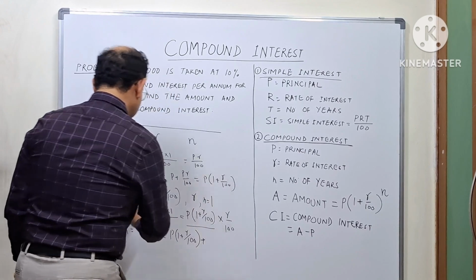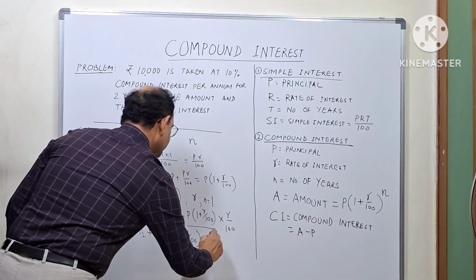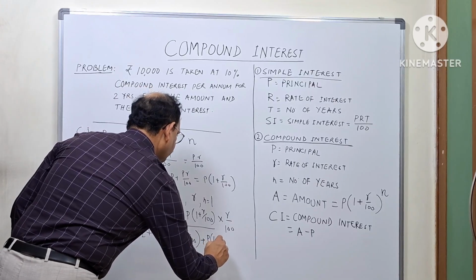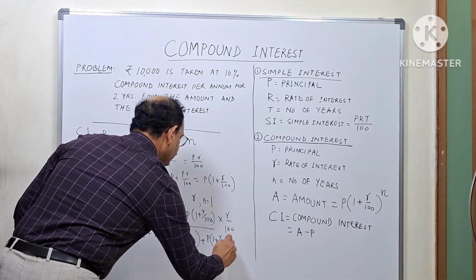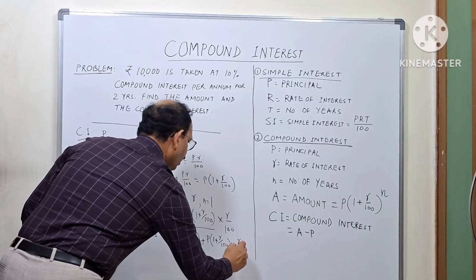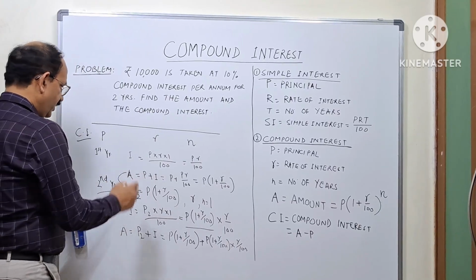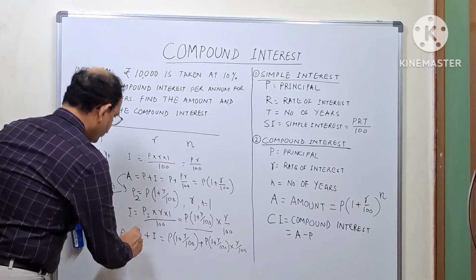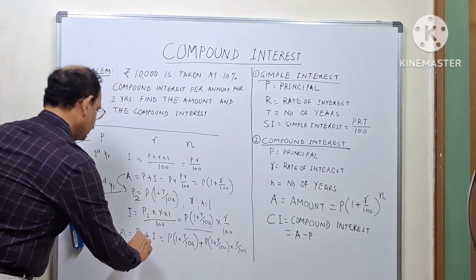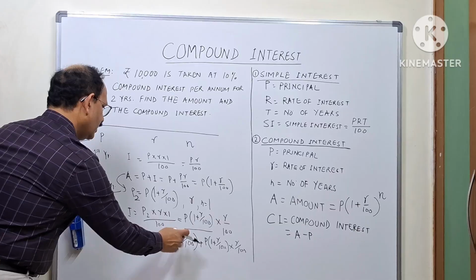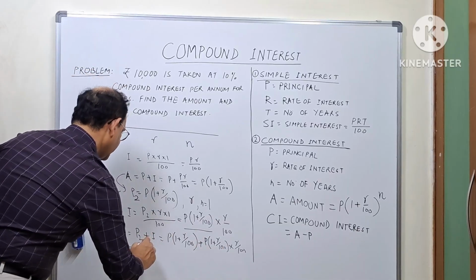Plus what is my interest earned in the second year? That is P under bracket 1 plus R by 100 multiplied by R by 100. Correct? So therefore, the amount now becomes P times 1 plus R by 100, which can be taken common,